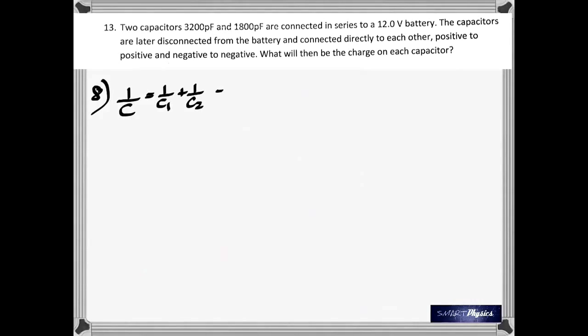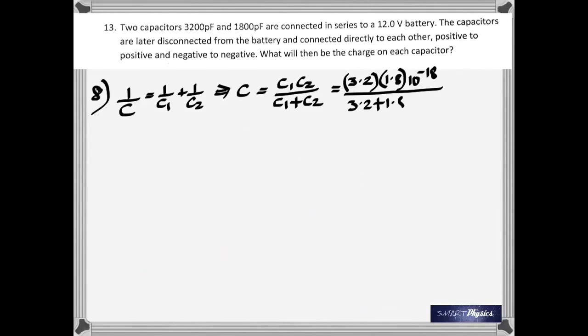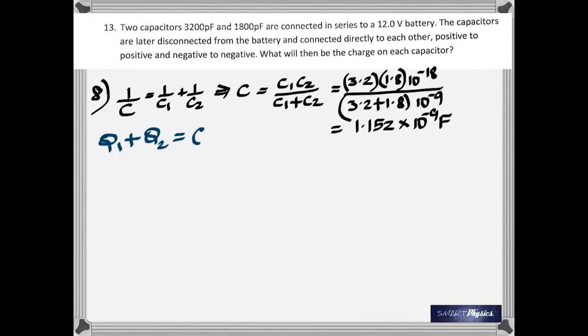Now, two capacitors are connected in series to a 12-volt battery, and later they are disconnected and connected directly to each other. It says positive to positive, negative to negative, meaning that they are connected in parallel, and you got to find the charge on each capacitor. Remember that the total charge will be the same. So what we're trying to do is find the equivalent capacitance in series, which is the product by sum. So once you get the capacitance and you know that it's connected to a 12-volt battery, just find the charge. So the total charge here is going to be